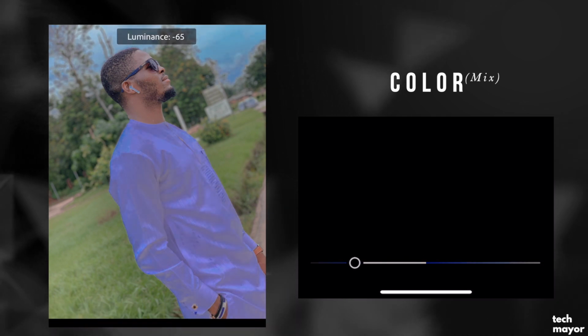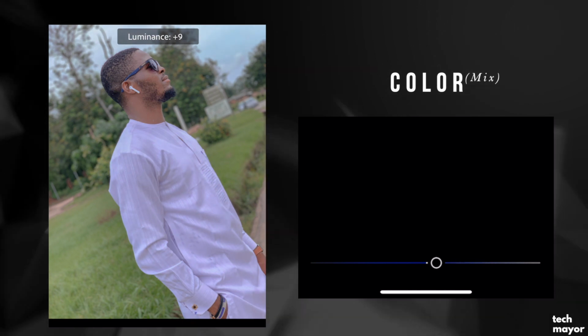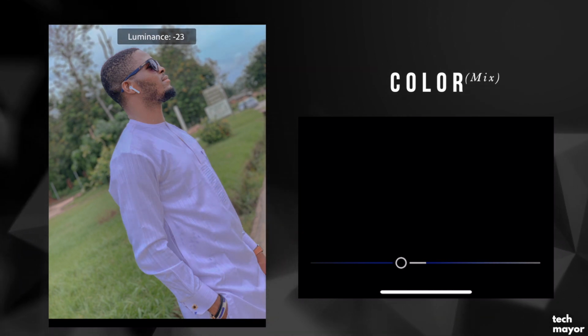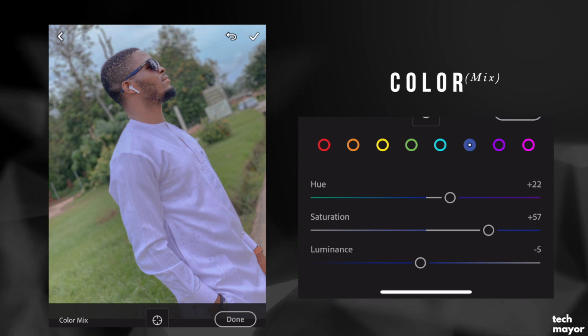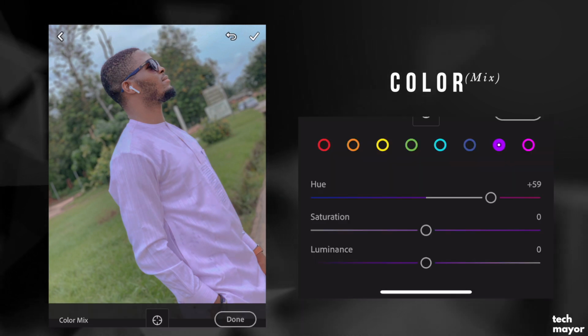So I want to darken it a little bit. This is way too much, too bad. This is too exposed. I think I want something a little bit dark. Yeah, this will do. So the purple as well, you play around with that if you have any purple in